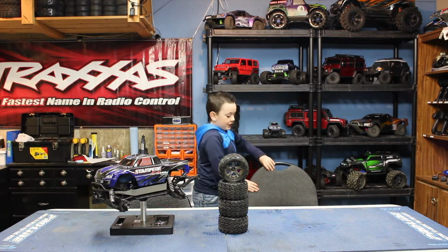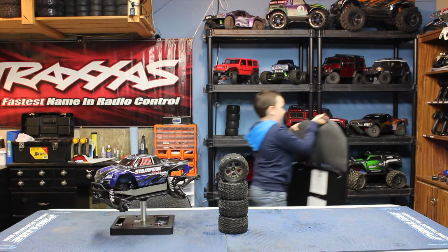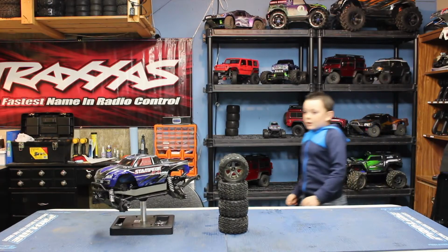So we don't need this chair here, so let's fold that baby up and put it on. So,